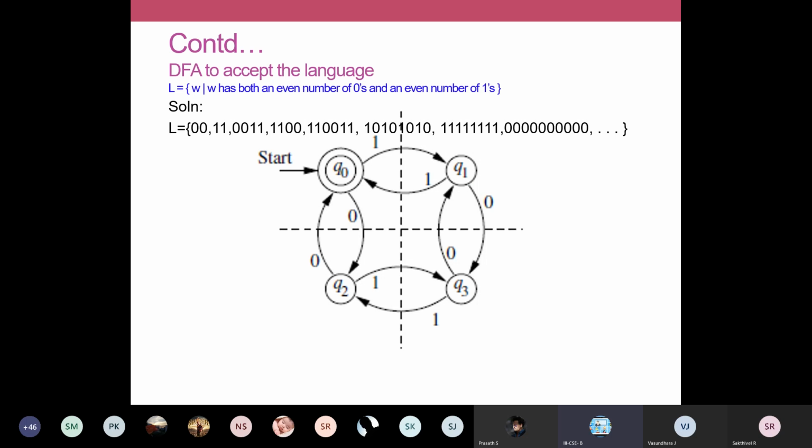So remember, if you are given an even number of 0s alone, you will have only 2 states, like we saw in the earlier problems in our first few classes. But if you have both 0 and 1 together, if the even and odd condition is given for both the symbols, you have to go for 4 states. If you are given an even number of zeros alone, without any condition for 1, you can use simply 2 states. So for only one symbol, if the even and odd combination is given, you can use only 2 states. For both the symbols, if the constraint of even or odd is placed, you have to go for 4 states.